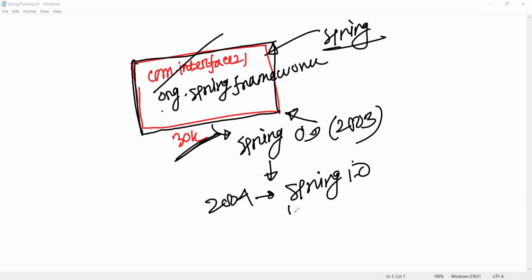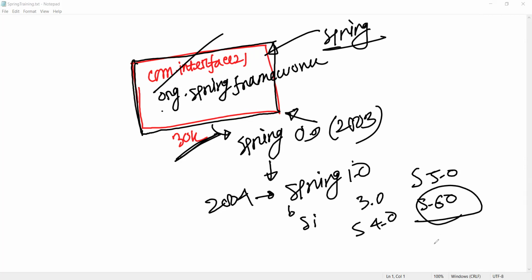Like this way, Spring 2.0, Spring 3.0, Spring 4.0, Spring 5.0, Spring 6.0 in 2022. Right now the current version is Spring 7.0, in 2025. You don't need to memorize this one, just simple information. Any confusion up to now? No, sir.